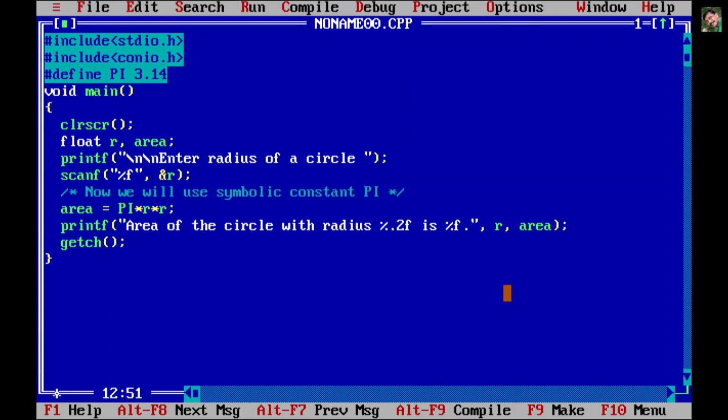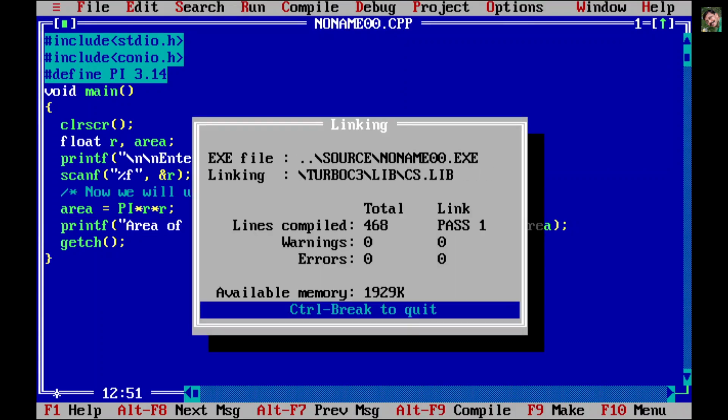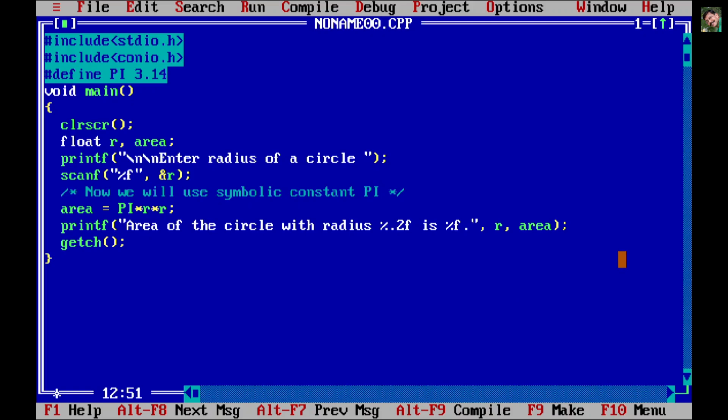and then again run and give some different value, you will see that now it will be something different. If I say 12.5 as the radius of the circle, as you can see, now the radius is shown with only 2 digits because over there we had kept 0.2, but for area we have removed that, so it is showing us 6 digits. So if you want to reduce it to 0 digits or 1 digit or 2 digits, you can do it by typing here 0.0f or 0.1f or 0.2f.